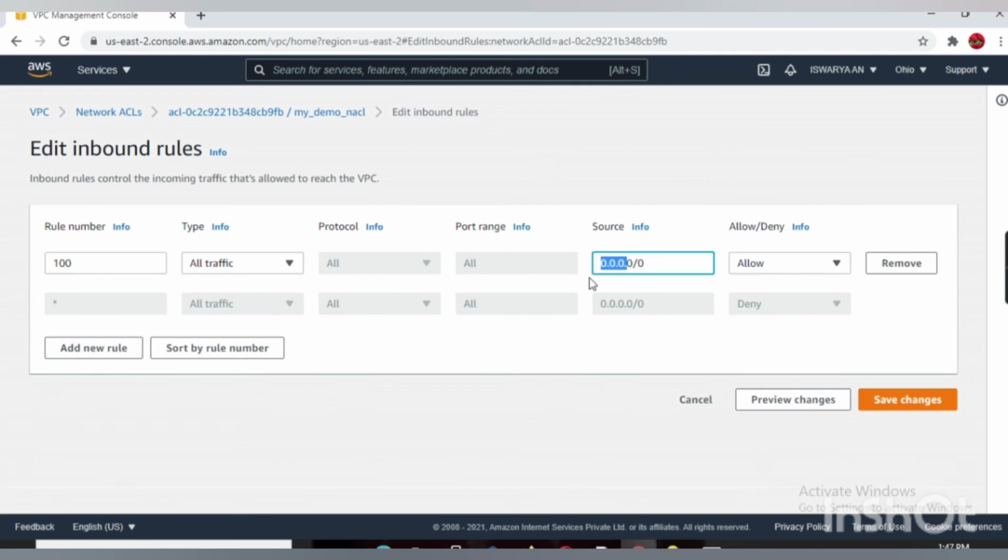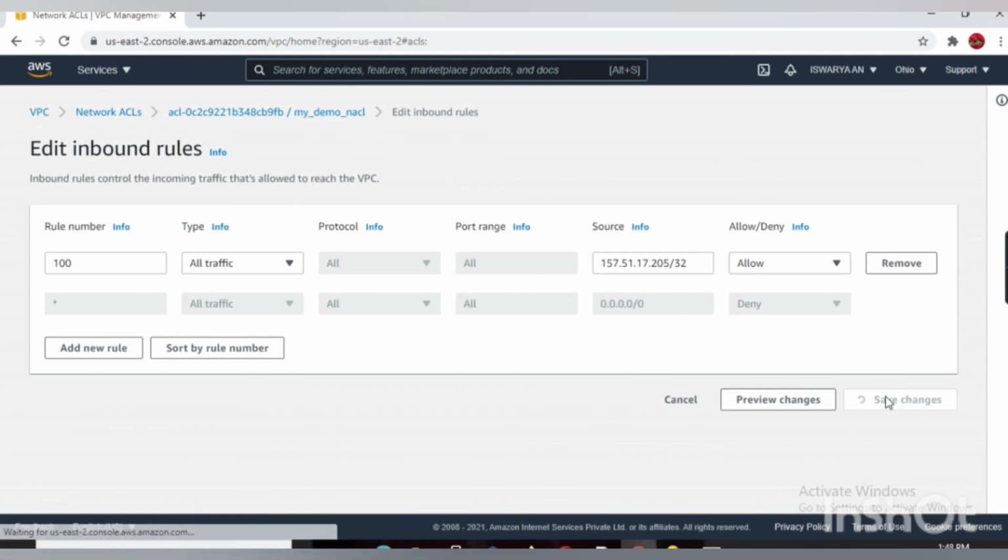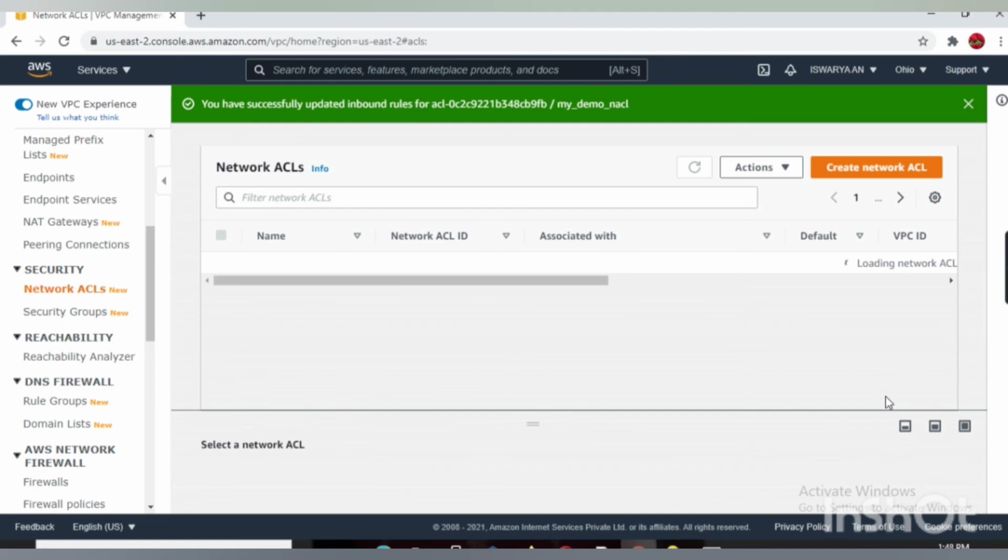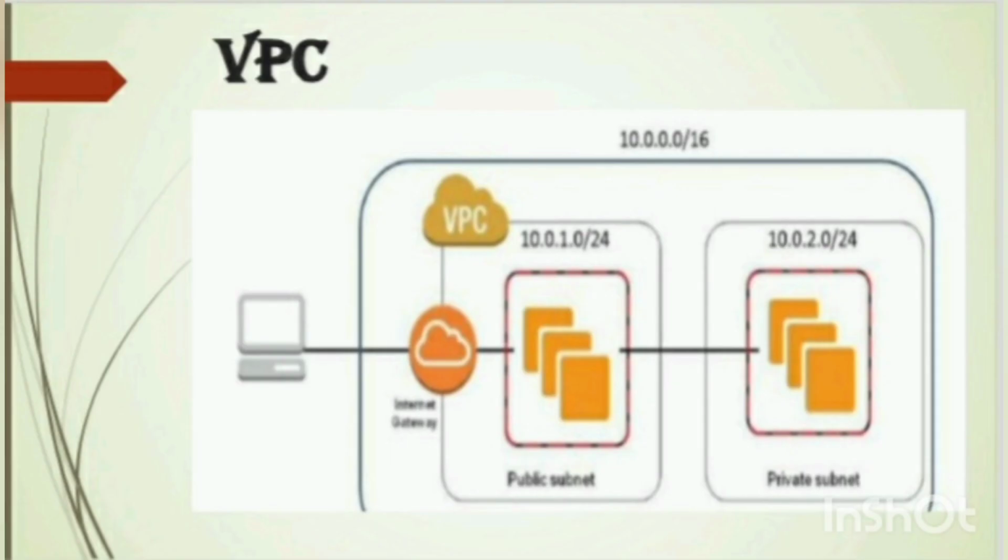We are going to change the source, which is 0.0.0.0/0. We are going to give my IP, which we copied from the security group, and then save changes. We have successfully edited our inbound rules.